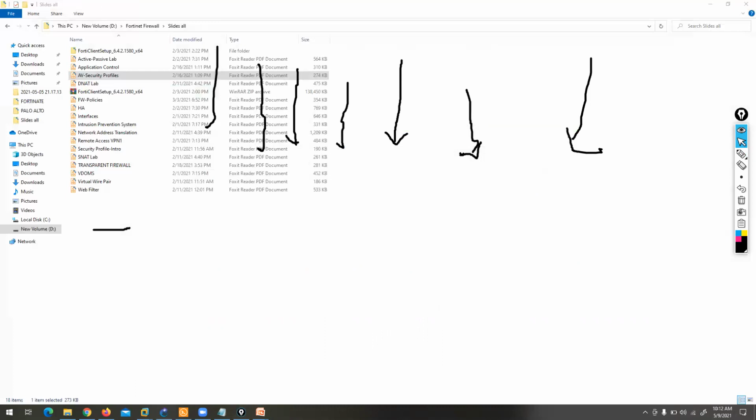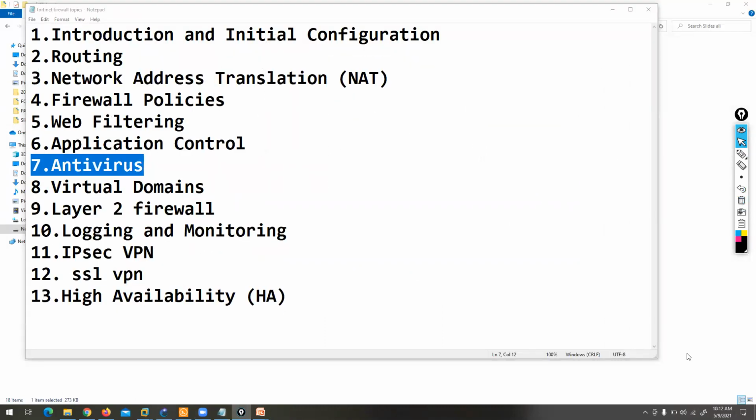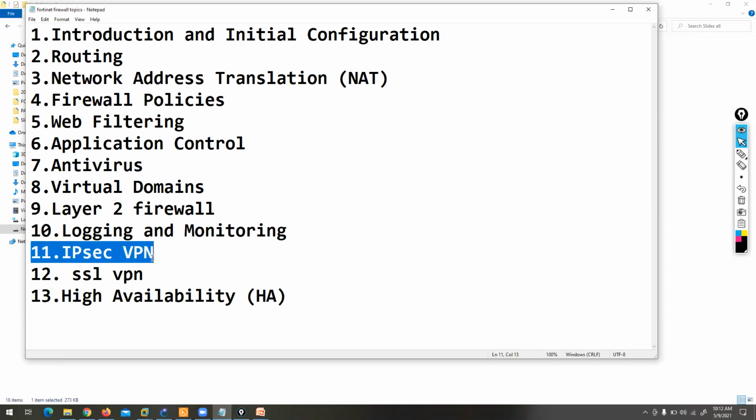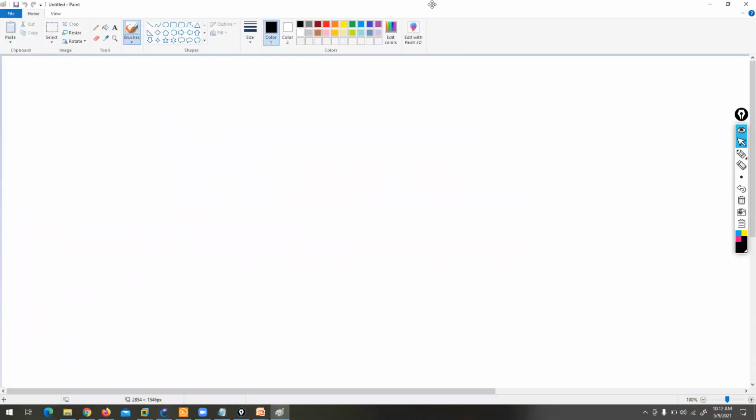The topic I want to start first, see, we can start virtual domain, but the topic I want to start first, not these topics. I want to start VPN first. Everyone okay? I want to start the VPN topic first. So can we start this new topic from today or from next class? Guys, the VPN section.